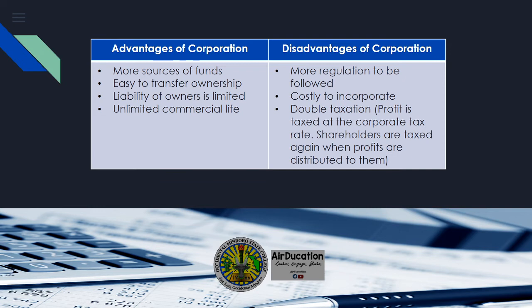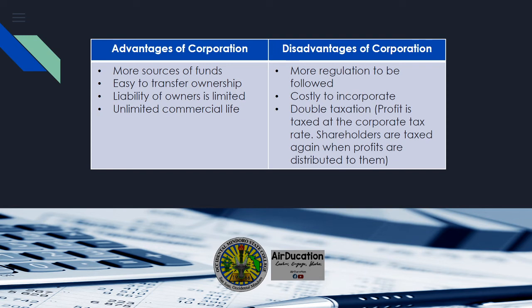So actually, a corporation can live up to 50 years of existence and it is renewable. So even though the person who started the business died or left the business, or sold the business to anybody, it's still operating because it has unlimited commercial life, unless everybody declares bankruptcy or the company itself declares bankruptcy. Okay? Next, the disadvantages of a corporation.